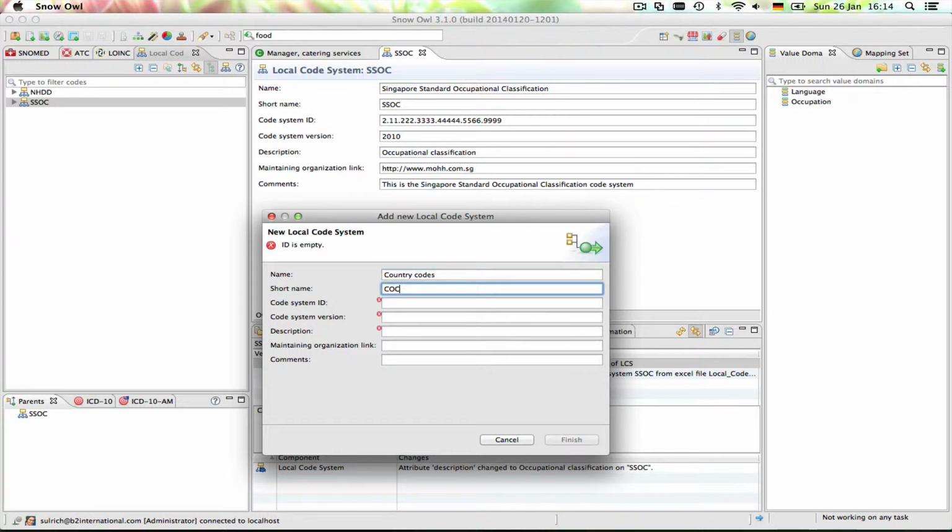Short name COCO. I already copied and pasted an OID. OIDs are registered at HL7, and this is the one for B2I. It's pretty long. This is why I just copied and pasted it. Let's call it 0.1 version and description country code system. You see now I could already hit the finish button, but let's enter a